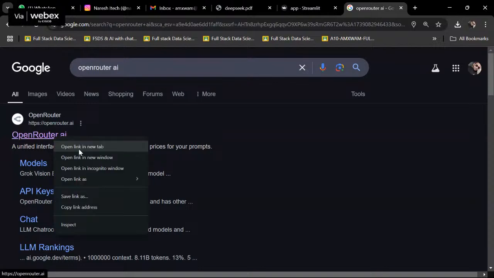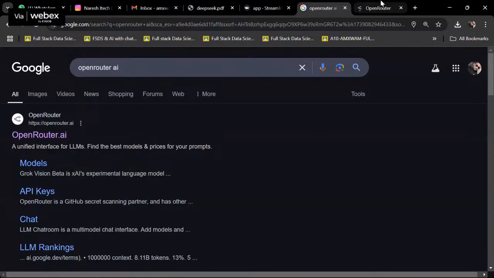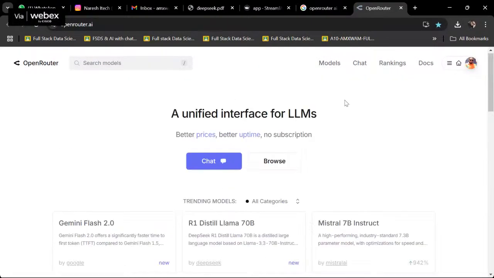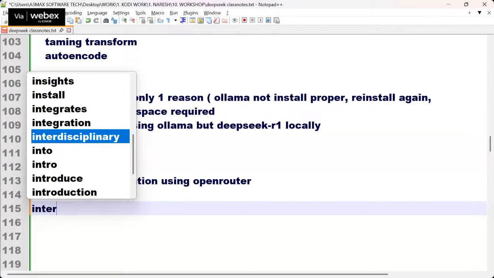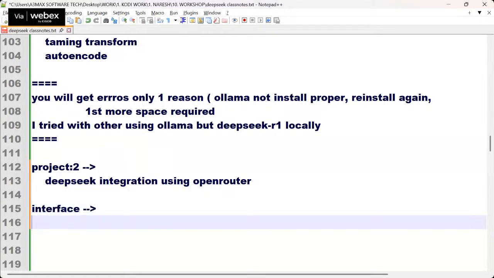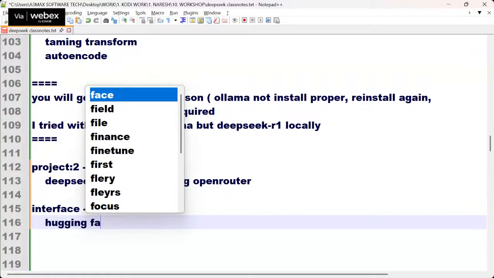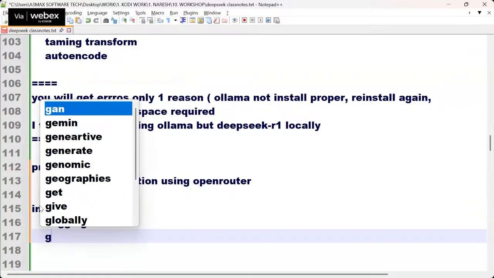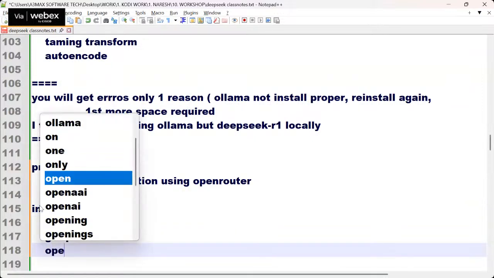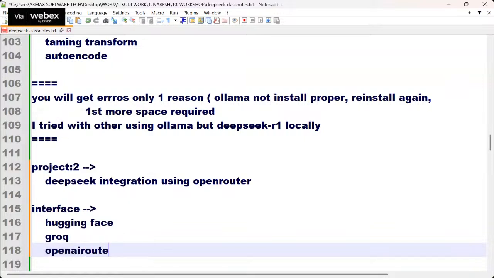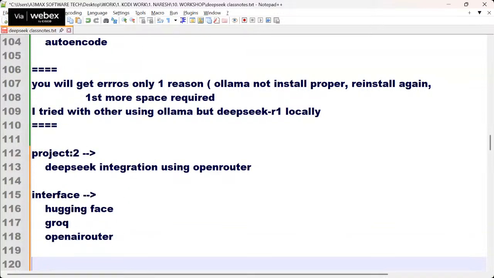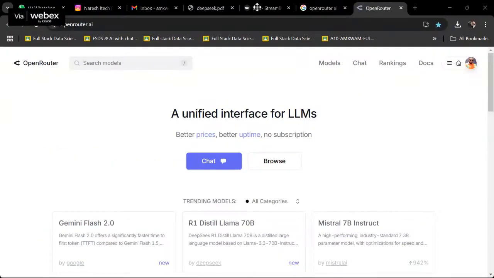So right click and open the link. Do you see this is an OpenAI-style interface? So we have three interfaces: Hugging Face, which most of them used, Groq, and now OpenRouter. These are interfaces.